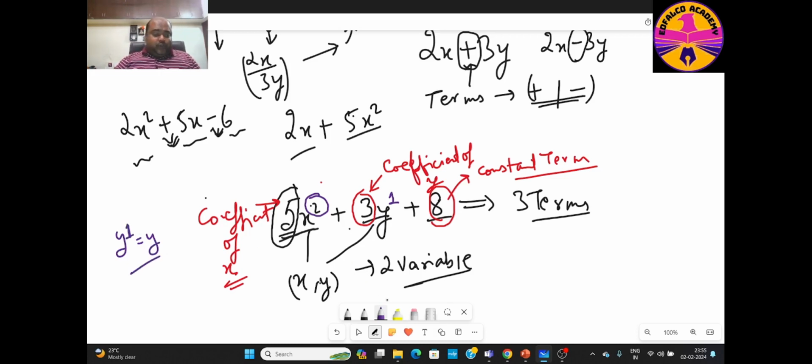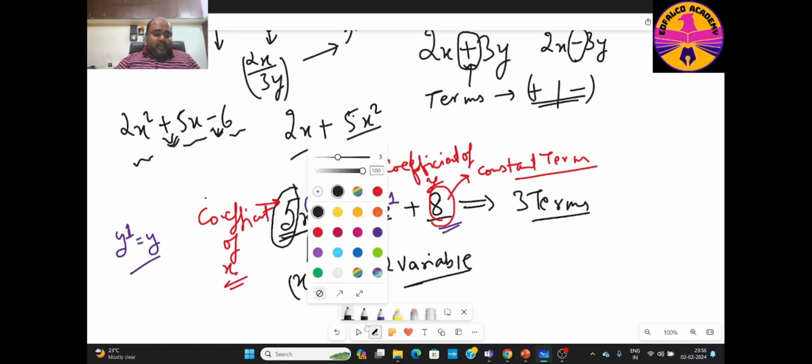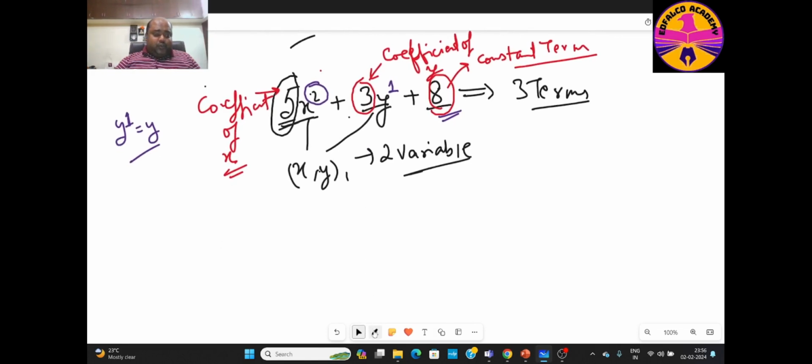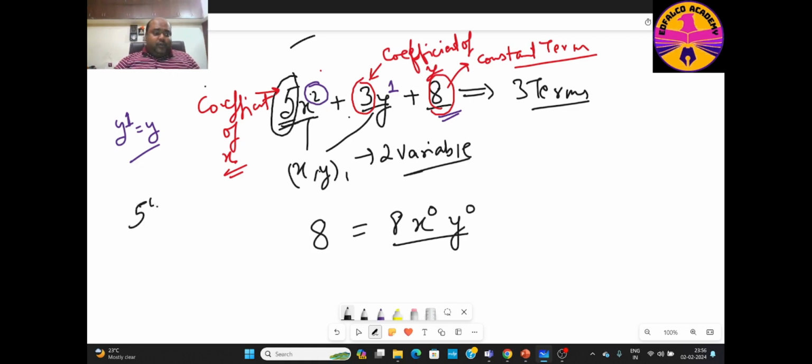Now there is a question for you: what is the power of variable x and y in the constant? You might be thinking that since it's a constant, there cannot be a variable associated with it, right? But that's not true. So let's look at it. 8, that was a constant, can obviously be written as 8x to the power 0, y to the power 0. Now you know that anything that is raised to the power of 0, for example, 5 to the power 0,